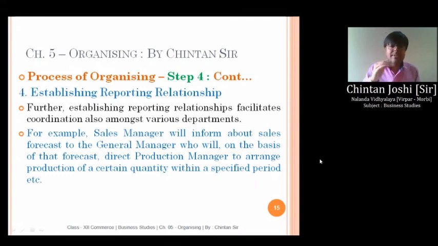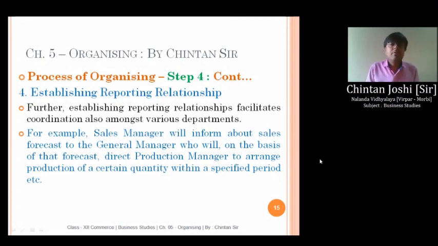हायरार्की टू। जब सेल्स मैनेजर जनरल मैनेजर को रिपोर्ट करेंगे उस वक्त कम्युनिकेशन रहेगा वर्टिकल फॉर्मेट में, राइट? सेल्स मैनेजर विल रिपोर्ट टू द जनरल मैनेजर। नाउ जनरल मैनेजर जब बात करेंगे तो वो अपने डाउनवर्ड की अथॉरिटी प्रोडक्शन मैनेजर को बात करेंगे, it will again come into the vertical format, but it might happen that sales manager directly informs about the number of production units to production manager. At that time it might be the horizontal one, right?